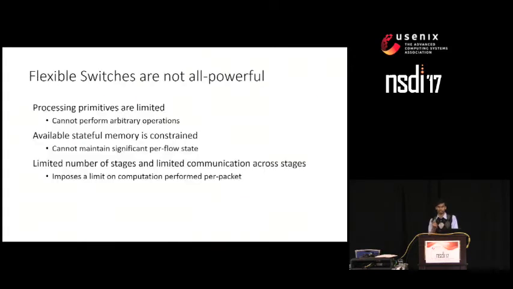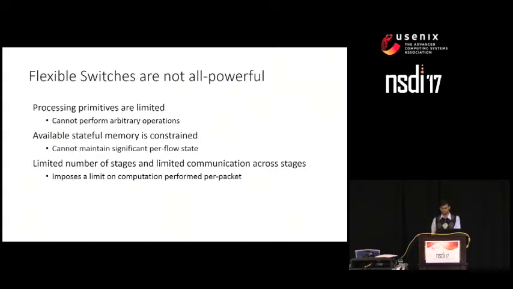This flexibility also doesn't come for free. Just like any other line rate switch, these switches have to deal with certain restrictions because they have to process packets at 1 billion packets per second at line rate. The first restriction is that they're able to do so by having limited processing primitives, such as just addition, subtraction, or simple bit shifts,